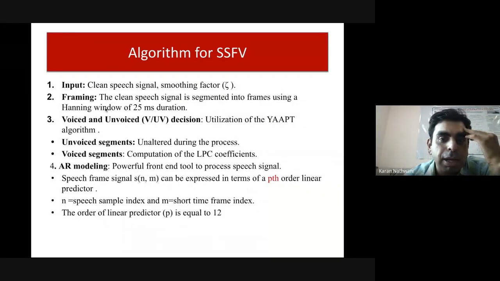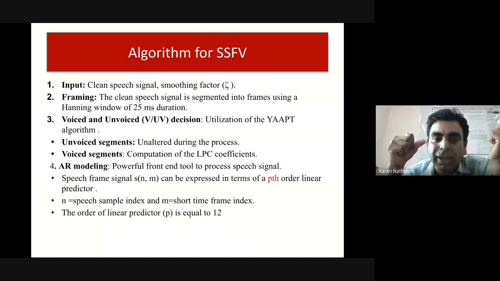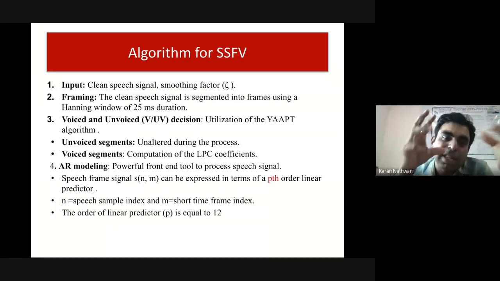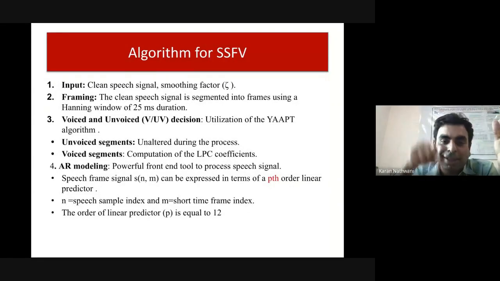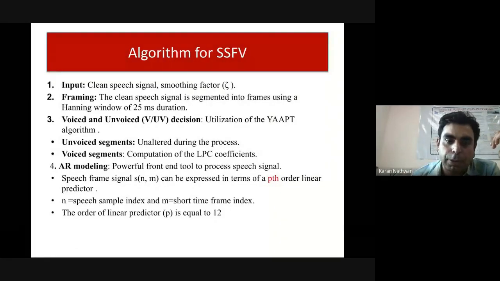I don't want to touch upon it in detail, because you cannot just extract the signal of 25 milliseconds. You have to multiply a window with the signal and then extract that. If the window is 1, the signal is exactly the same. But if the window is a smooth window, you can expect a better signal from there.